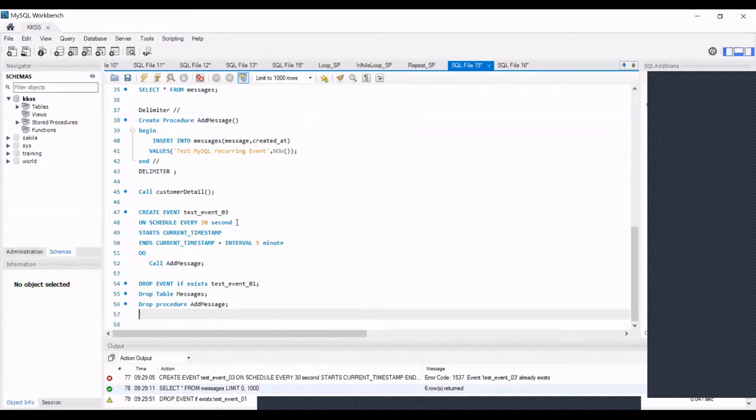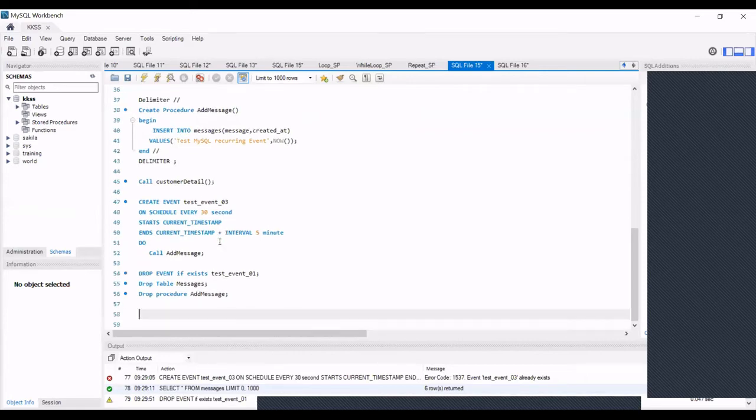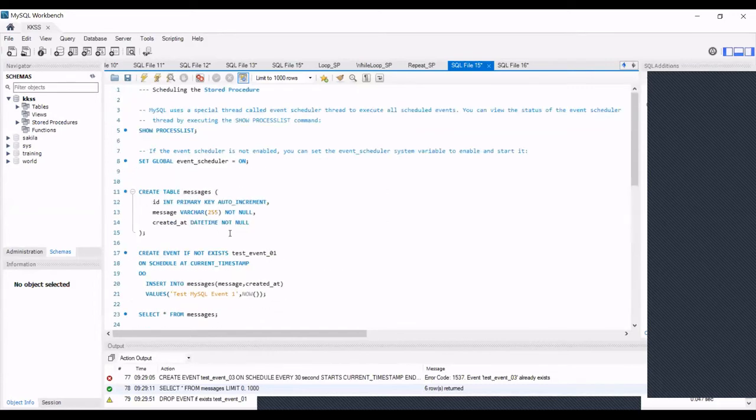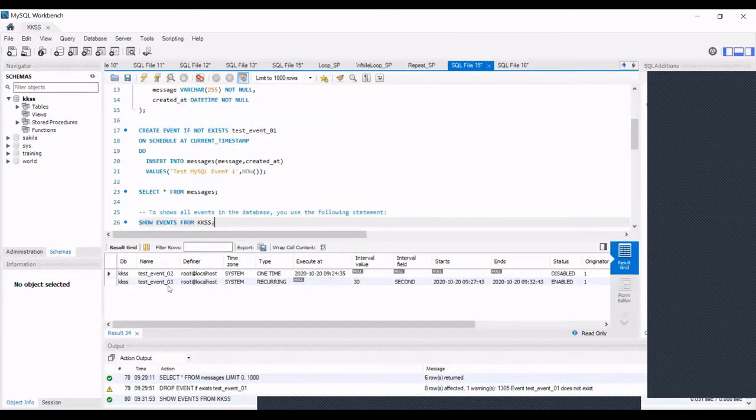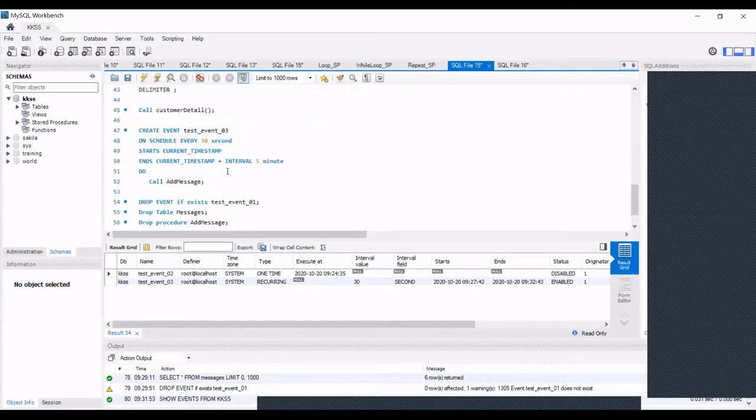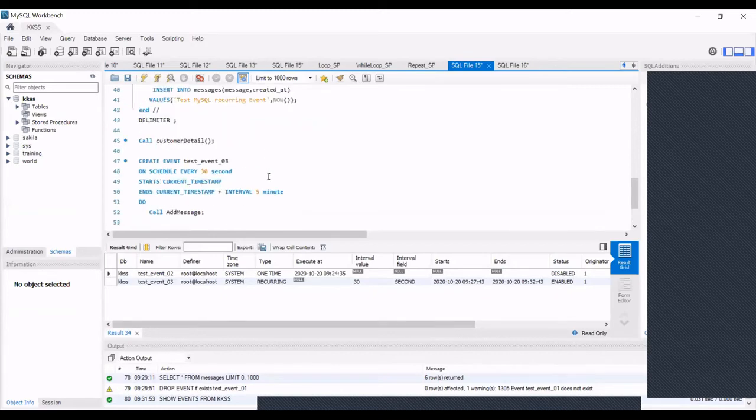Okay, so then what's the reason for preserving that event? See, if you want to see how many events it ran, when you go here and SHOW EVENTS, it's showing 2 and 3, but it would never show you the first event that has already occurred. And you can see the status. The second event has been disabled, and the third is enabled. After 5 minutes, this event will also disappear, and you won't know which event ran, because we are not using the ON COMPLETION PRESERVE command here as well.